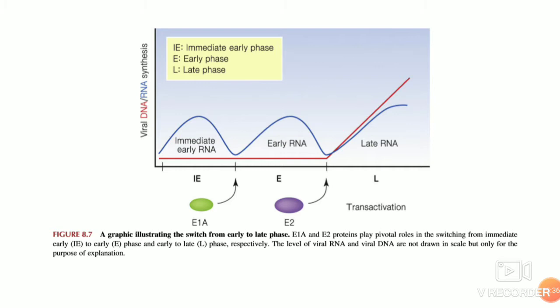So the E1A protein gives the early phase, which has two parts: the immediate early phase, where you have more of the E1A proteins synthesized, and then the late early phase, where you have the E2 proteins, that is the DNA polymerase, pre-terminal protein and DNA binding proteins, which are synthesized. That gives a transition to the late phase, where you have the late associated mRNAs, that is L1, L2, L3, L4, L5, and then you have the DNA replication happening.